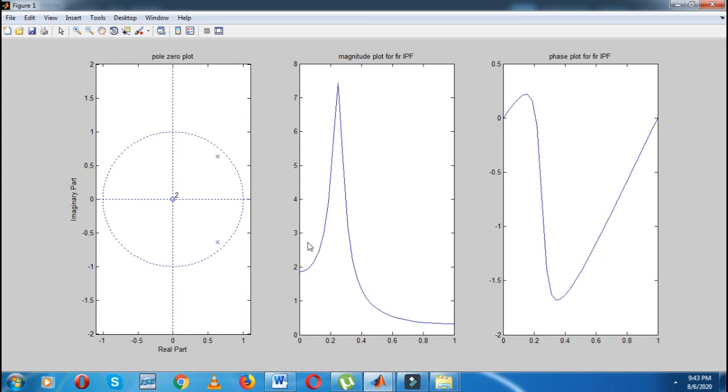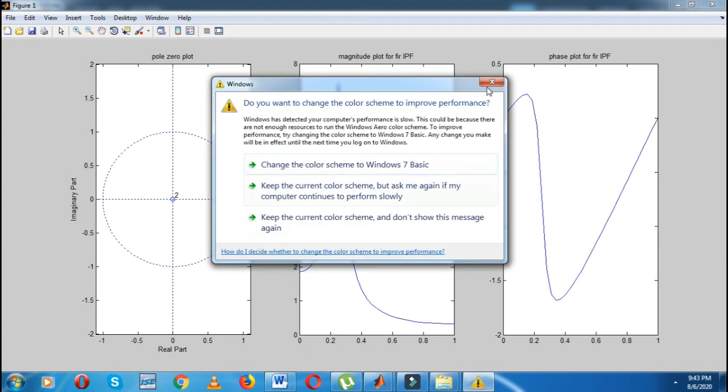Means the low frequencies initially will be rejected, then some frequency will be passed, and again you will get a stop band. So between this pole and this pole, whatever the frequency is there will be passed, but before this pole and after this pole, the frequency will be rejected. That is nothing but a band pass filter.